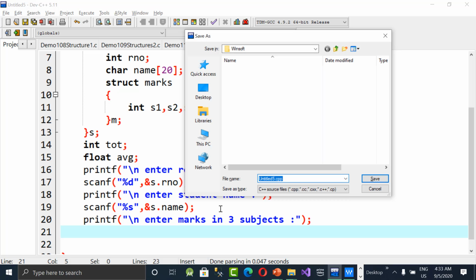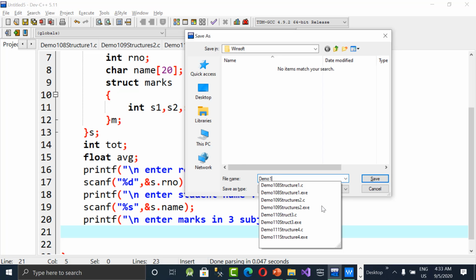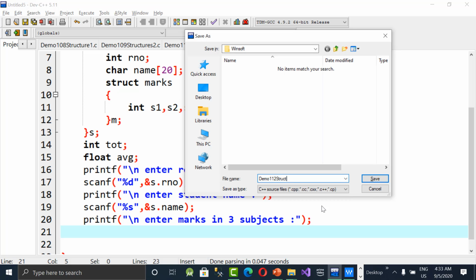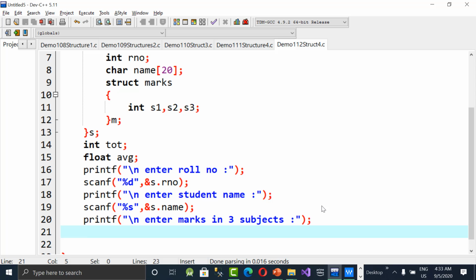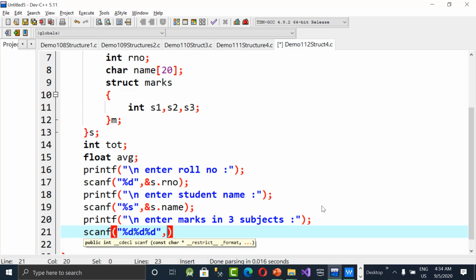Let us save this program as demo112 struct4.c. So scanf, %ld three times, ampersand of s dot m dot s1, then for the second subject, ampersand s dot m dot s2, ampersand s dot m dot s3.